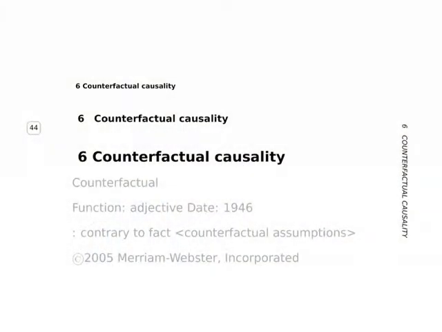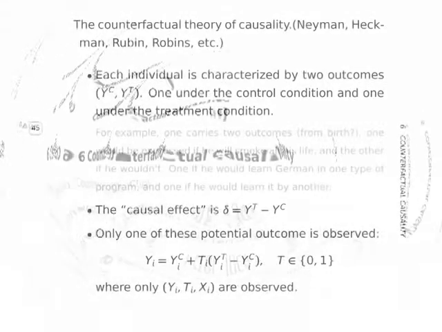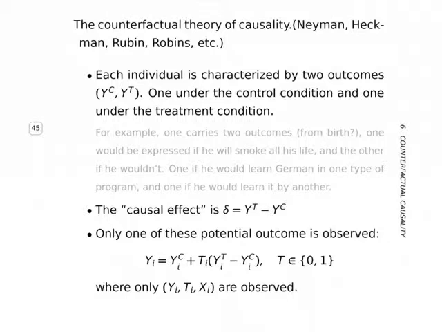Okay, let me go through these slides very fast. Counterfactual causality. I gave the exact definition I found in the dictionary, which is very strange to me as a definition, but it serves me. I like it in this particular example. As a dictionary definition, I think it's wrong, if I may say so.